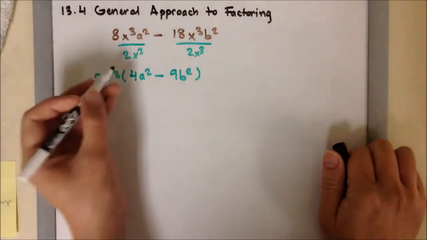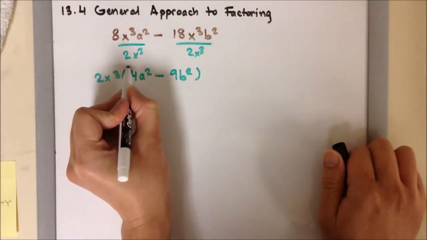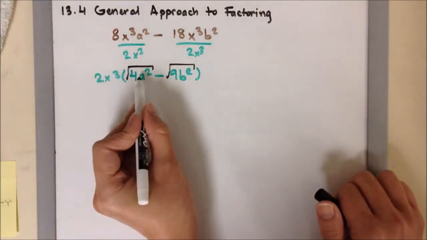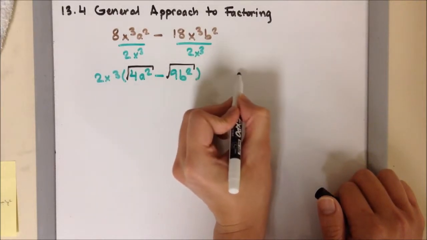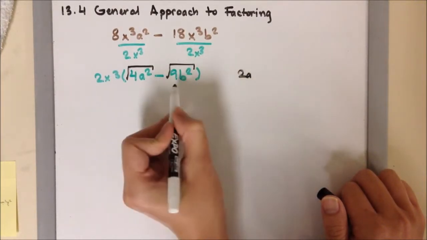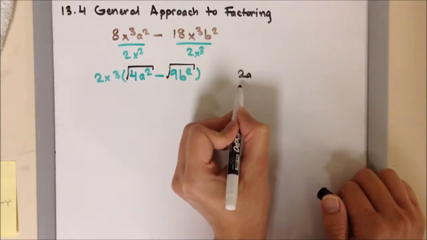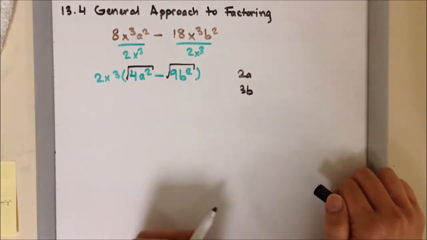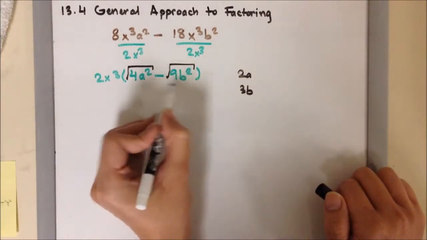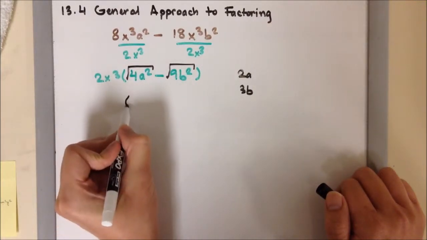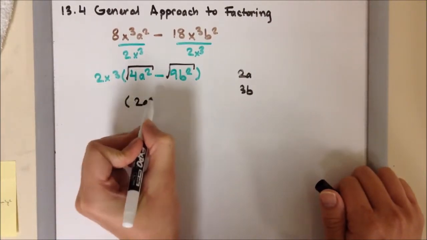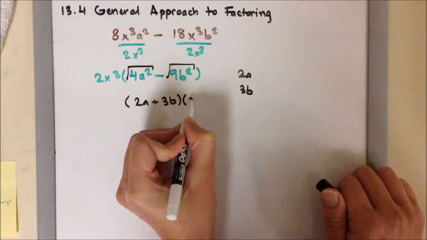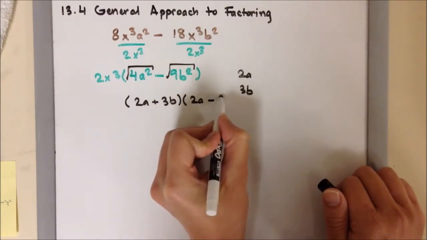So simply, I'm just going to do the square root of the first term and the second term. The square root of the first term, 4a squared, is going to be 2a. And the square root of the second term, 9b squared, will be 3b. So this is my a value, this is my b value. So I'm going to set it up according to the format that we covered in difference of squares. So it will be 2a plus 3b in the first set, and in the second set it will be 2a and then minus 3b,